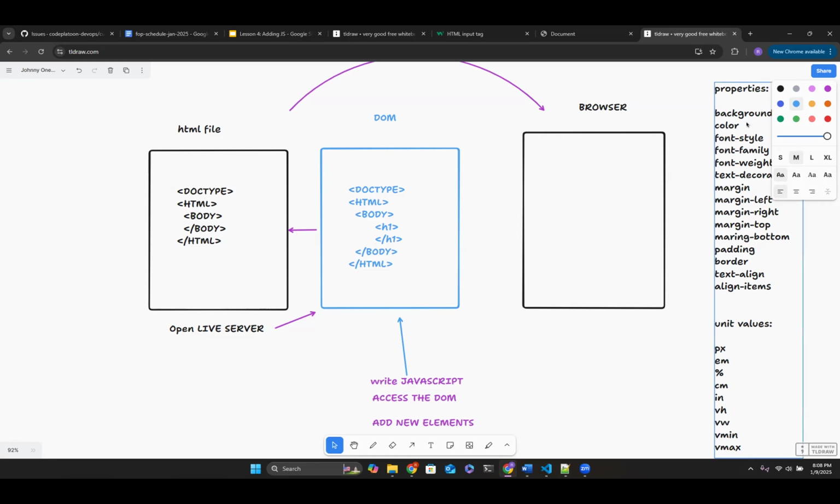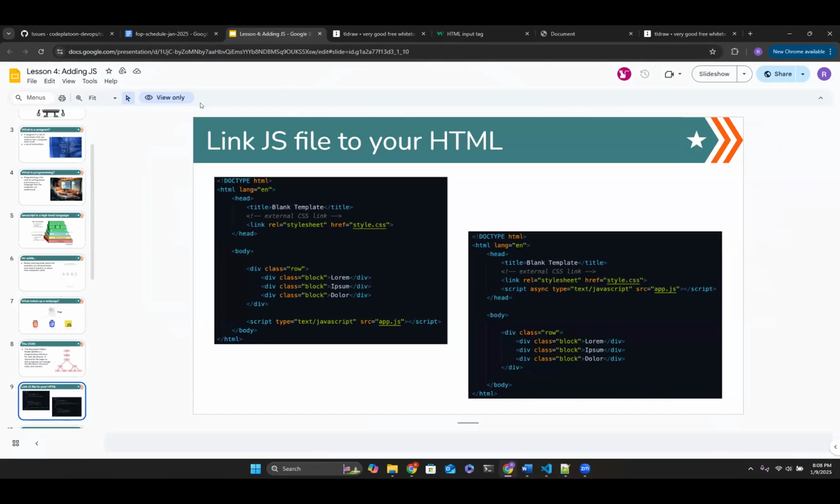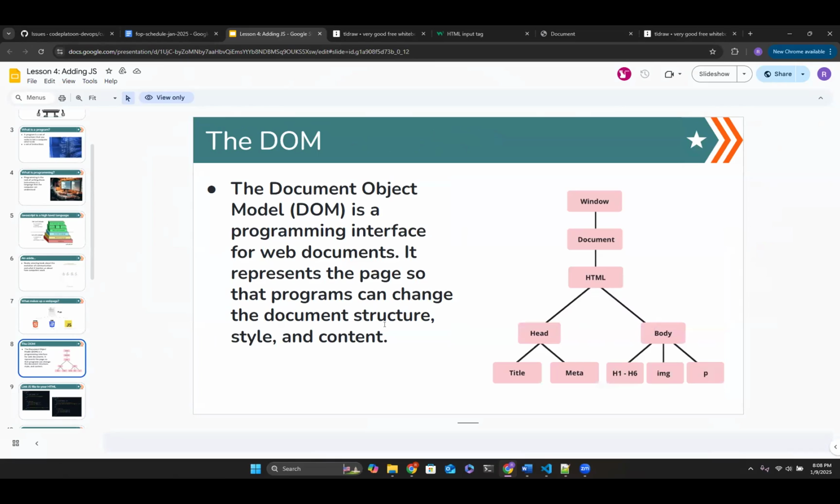That's in short really what the DOM is. It's a programming interface that we're going to manipulate to update our actual document. It's an exact replica of our HTML file, right? And the way that it looks underneath the hood is something very similar to this. It makes a tree, right? It starts with your window, your browser. It creates your copy using the document, the HTML document, and then it branches out everything that's within that document and makes a replica, right? When you add things to the DOM, it's going to update the document that it made a copy from. Does that make sense?